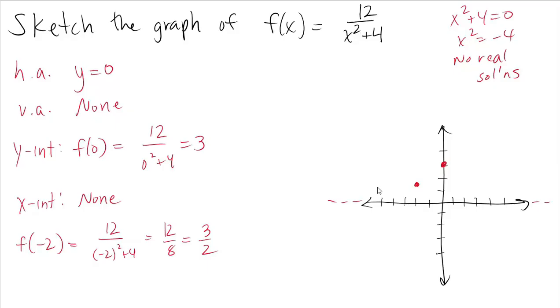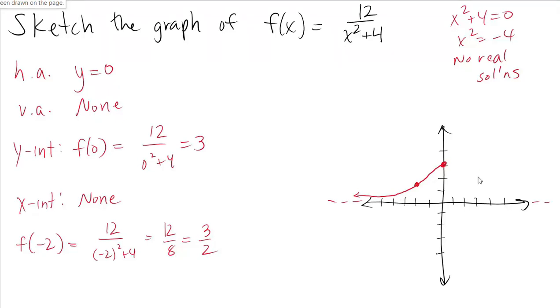Now I have a pretty good idea what the left side of the graph looks like, because remember, the function will not touch the x-axis. There aren't any x-intercepts. So the function's going to bend into the asymptote like this, come up and get this point. From here we could do something super nerdy and show that this function is even